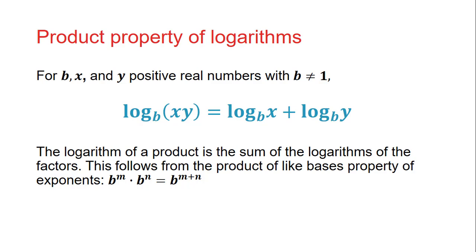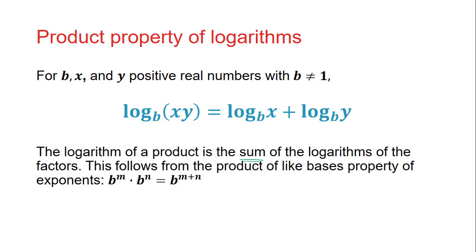This is stating that the logarithm of a product is the sum of the logarithms of the factors. And this follows from the product of like bases property of exponents. Recall that b to the m times b to the n is equal to b to the m plus n. And let me show you that here. The other properties and this property are actually proved in the text, but I just want to go through it